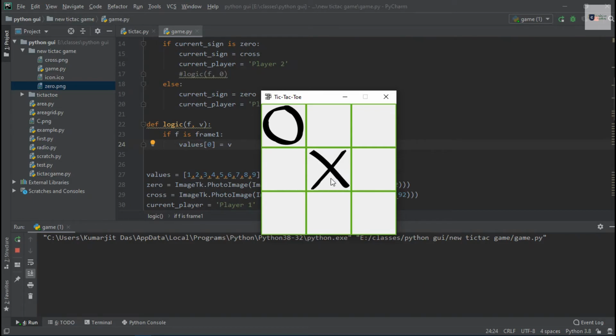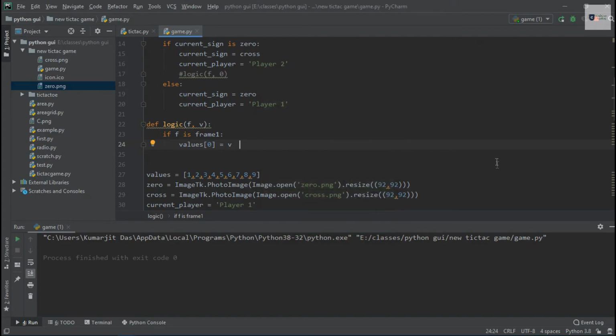So there will be 1 in the values index 4, and this is the index 8 of the values list. The index 8 will have 0 in the values list. And now we need to check whether 3 different selected frames are same or not, horizontally, vertically, or diagonally. So let's close this thing and write the code.